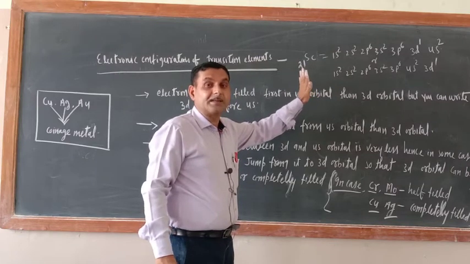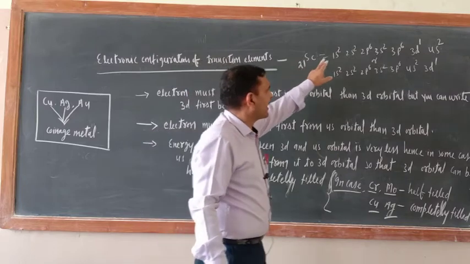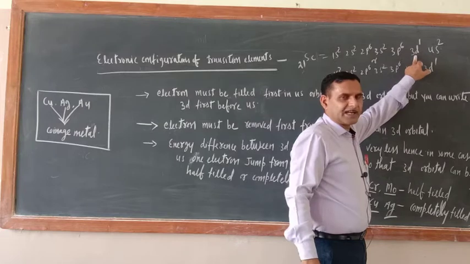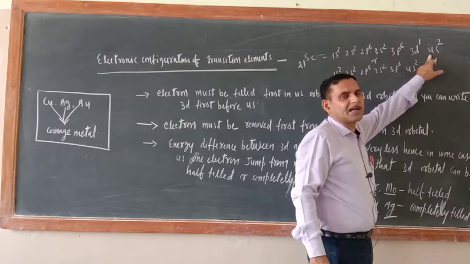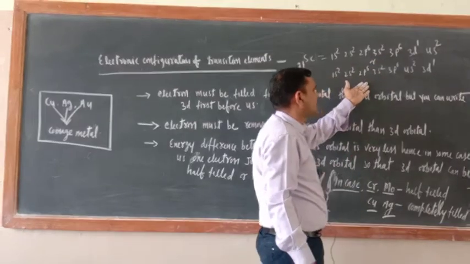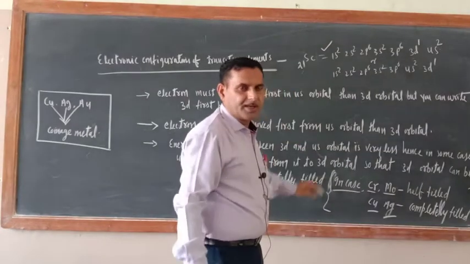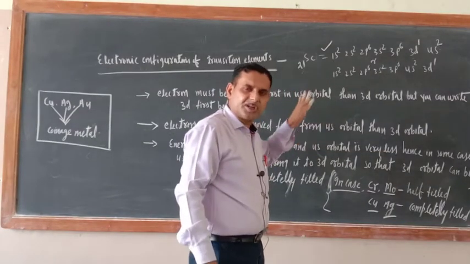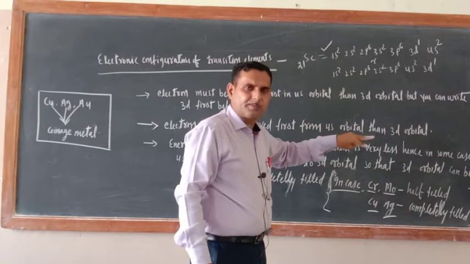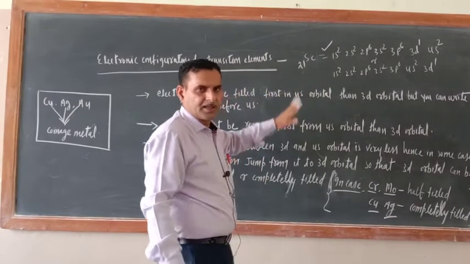In terms of the principal quantum number, you can write in the first way, but remember, before filling the electron in 3d, first you should fill the electron in 4s. Either you follow this one or that one, but I suggest you follow this one. Write in terms of number 3d first, but while filling the electron, 4s should be filled first. That is the first point.